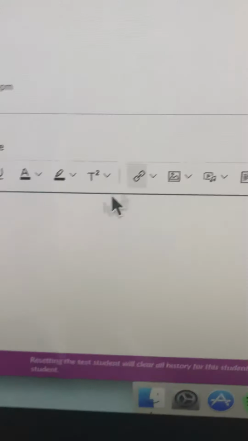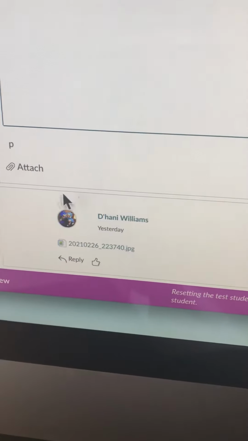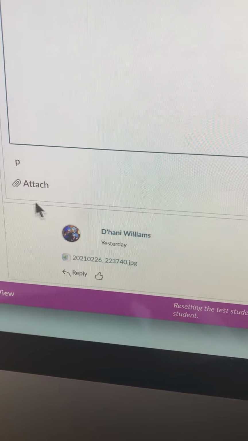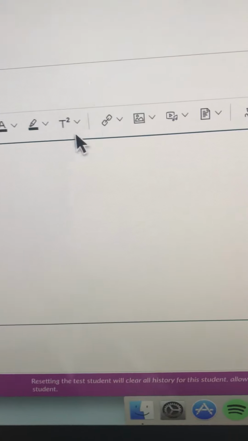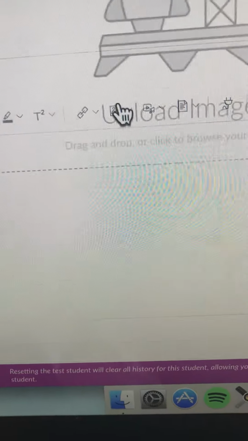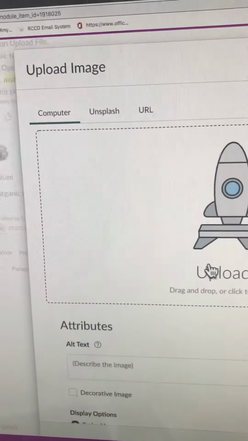It looks like a mountain and a moon. Not this one and not this. Main thing is avoid that. We don't ever use that. So go up to the top row, go over to here, click on this, and you can either insert a